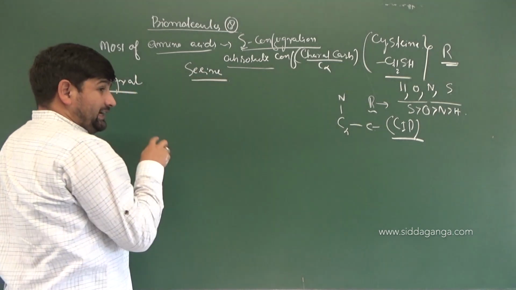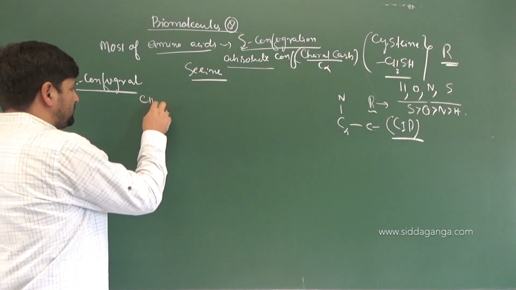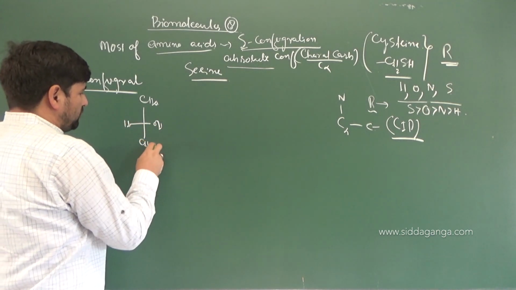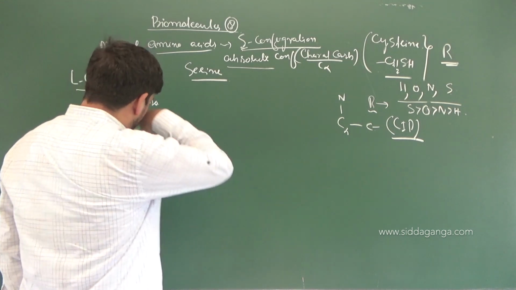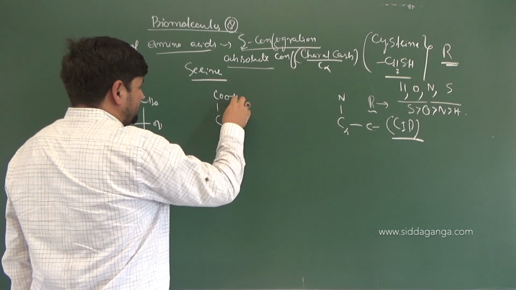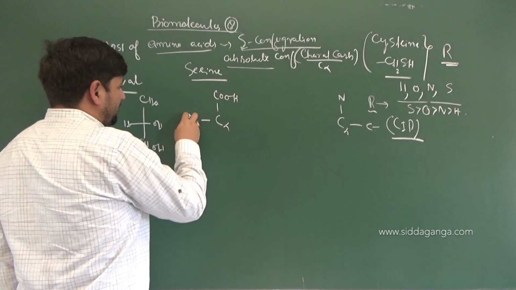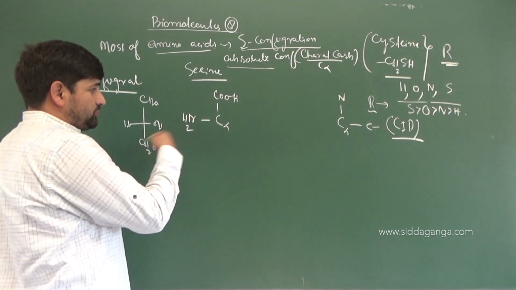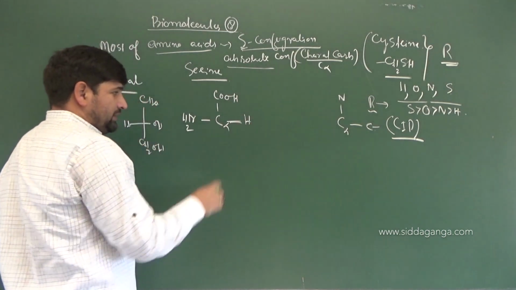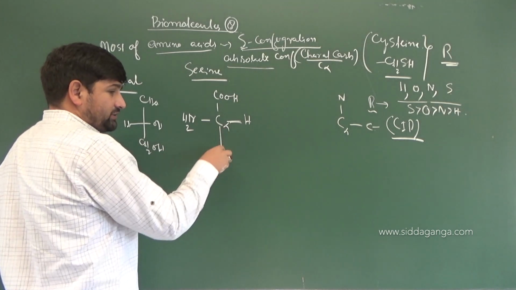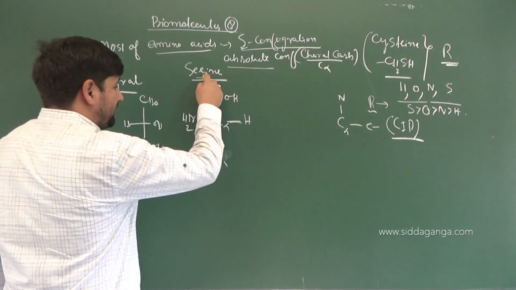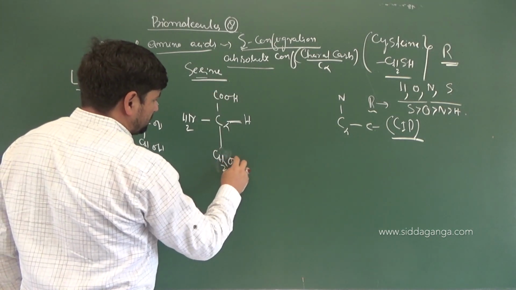In which, like aldehyde, where we have CHO, then OH and H, then you have CH2OH. In serine also, we have C alpha, then you have COOH, then we should mention NH2 according to the Fischer projection. NH2 should be mentioned on the left side. Then on the right side, what do we mention always? Hydrogen. In denomination, downwards, the bond going away will be R for us. And this R in serine is made up of CH2OH.